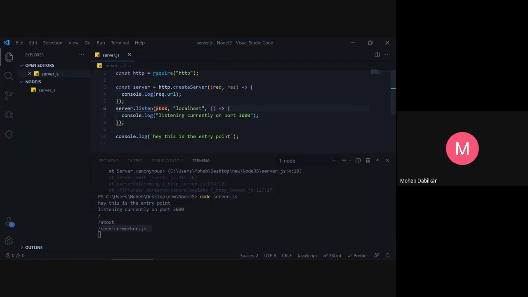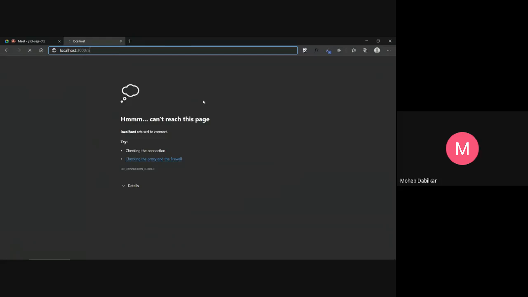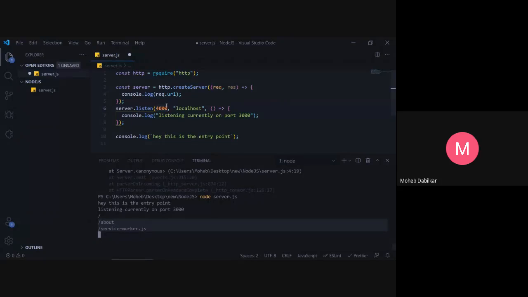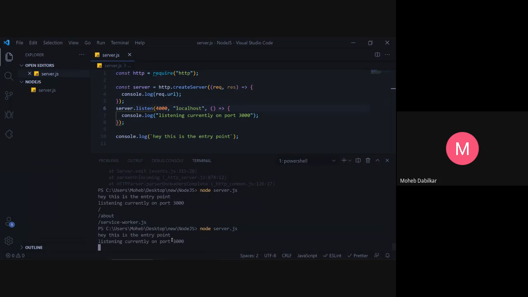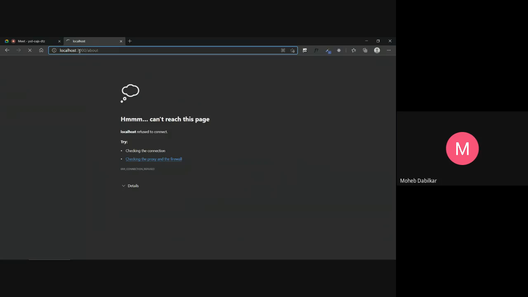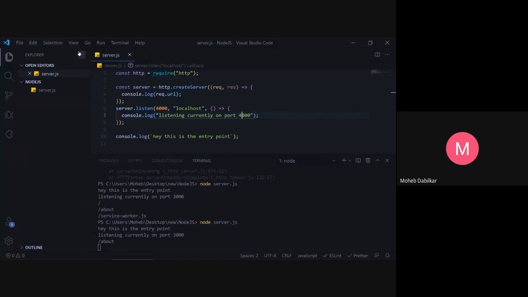So let's just use another port. You can use any port number as long as no other application is using the same port. If Google Chrome is using 3000, that will cause some issues. So let's just stop this for now. Okay, I am supposing we should be listening on port 4000 now. Yes, so this won't show you guys service workers and all.